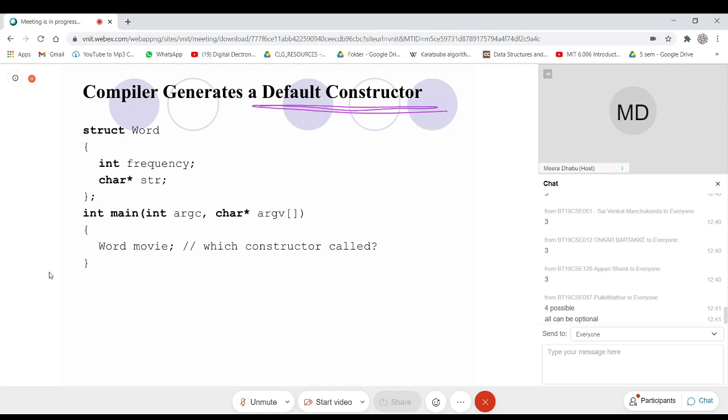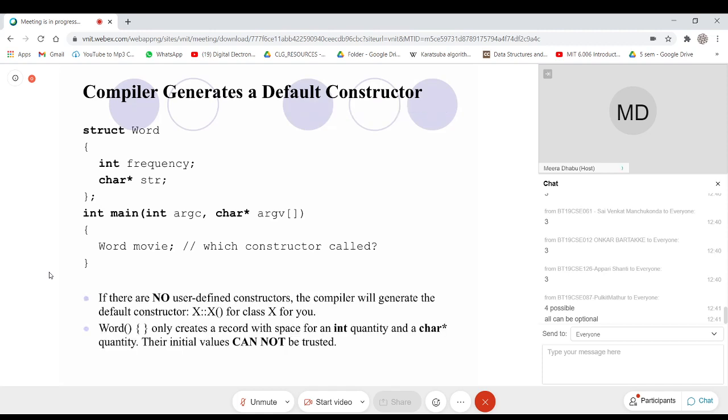Then only the compiler will generate a constructor for you on your behalf. Is this clear?